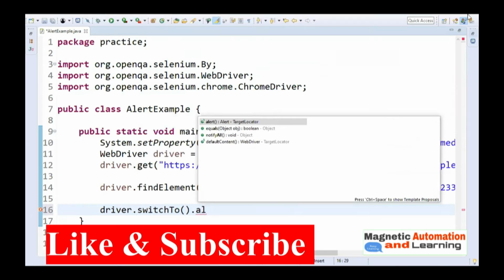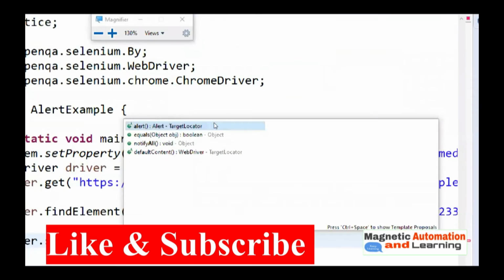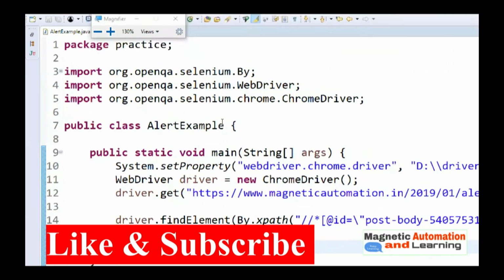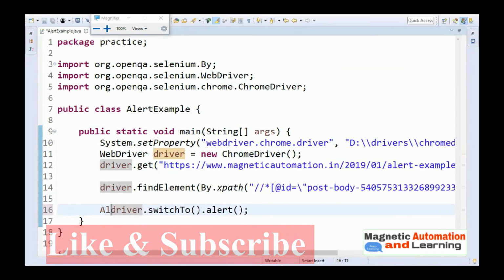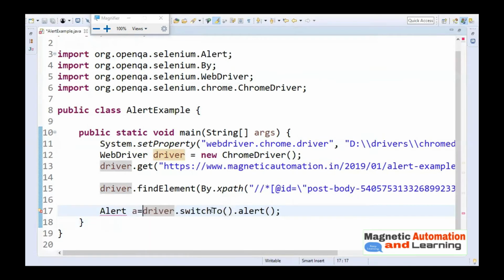If I enlarge the screen, you can see the return type of the alert function is Alert, with a capital A. So it is going to return something of type Alert. I can store it into an object of type Alert. Suppose I call it a, and I need to import Alert from the Selenium package. You can see I imported it.